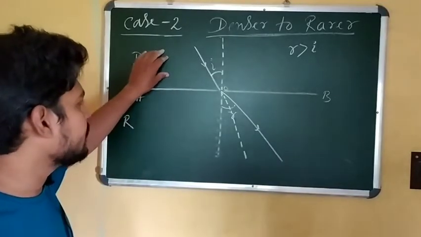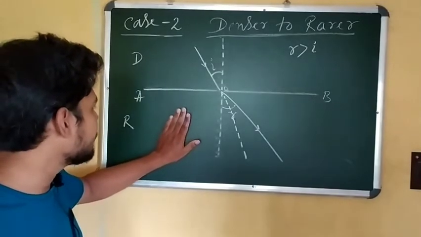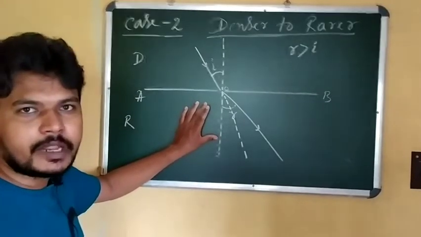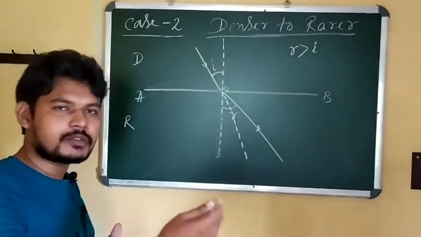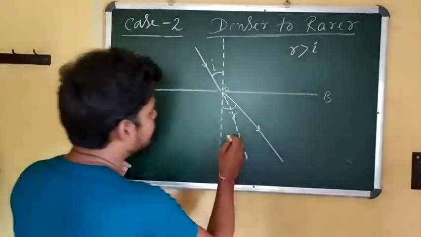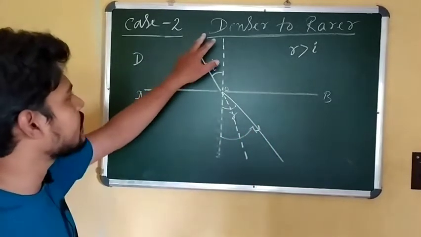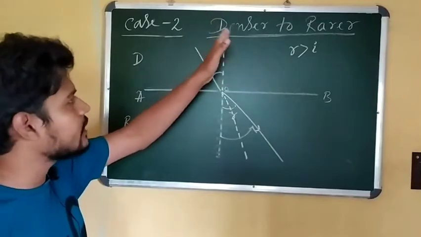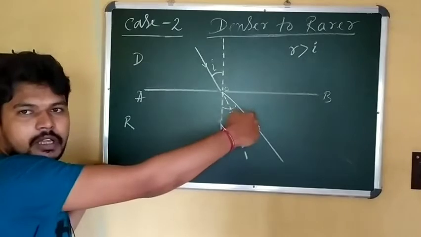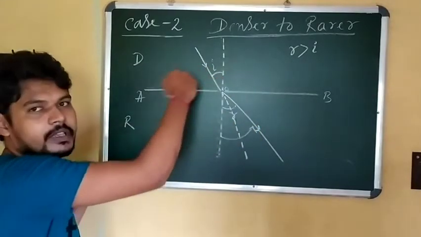As it is the denser medium and this is the rarer medium, the number of collisions between the photons and the molecules and atoms of the rarer medium is less than in the denser medium, so it moves away from the normal. Just opposite to the case of rarer to denser. In this case, denser to rarer, the refracted ray moves away from the normal. That means the angle of refraction is greater than the angle of incidence.